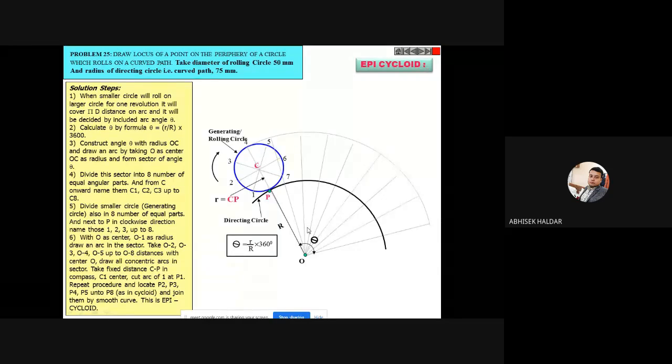Here you see 120 by 8. If you do, how much is it coming, the angle of each part? 15 degree, right? It is coming 15 degree. That means separately you can take 15 degree, 8 times, so that you will get the 8 equal parts, or just by using the compass also. In all the cases, whenever you are dividing by 8, it may not come in a round figure. So then what will you do? Then you can go for the compass method.